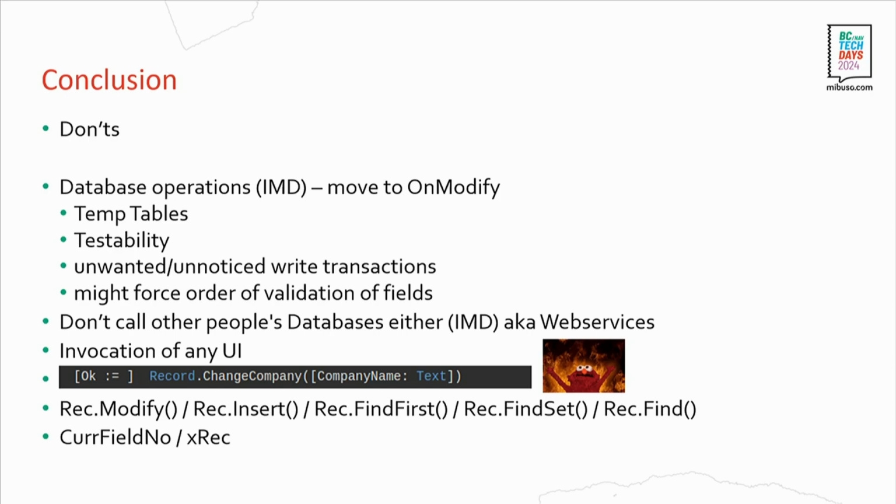And then this was, I think, a last-minute change, current field number in XREC. I think we saw an XREC comparison in the keynote today. XREC is a thing, and this could be a whole session on its own, but it doesn't really work well with being called from code. It does work well, same as the current field number, when executed from pages. So then you don't notice any issues, but called from code, it actually leads to some weird behaviors. So you really want to be careful with this and really test this before you put this into any kind of code.